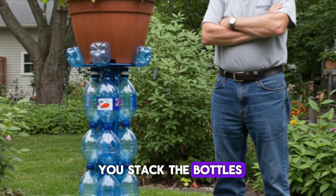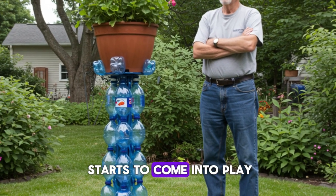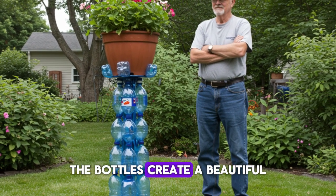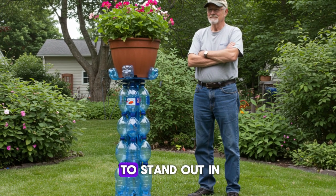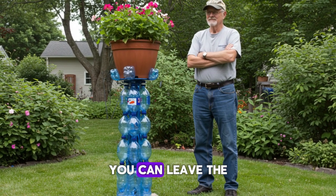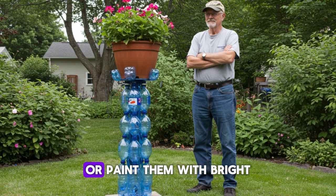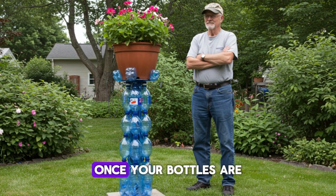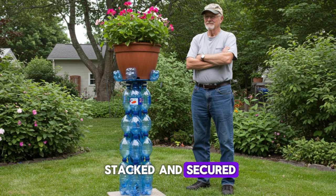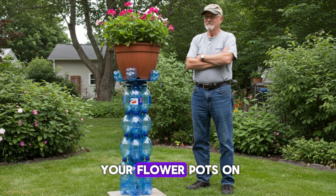As you stack the bottles, you'll notice how height starts to come into play. The bottles create a beautiful vertical design that will give your flower pots the height they need to stand out in your garden. You can leave the bottles as is, or paint them with bright acrylic paint to match your garden's color scheme. Once your bottles are stacked and secured, it's time to place your flower pots on top of